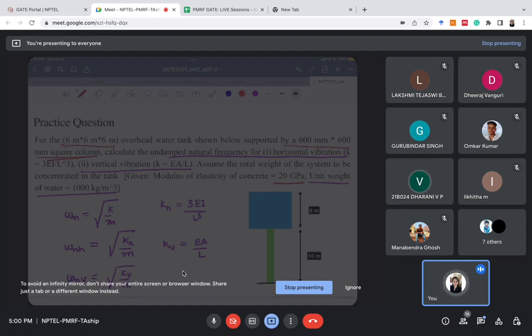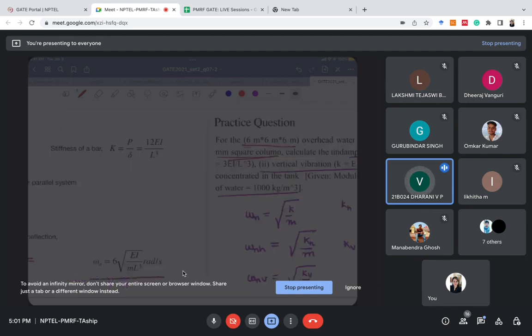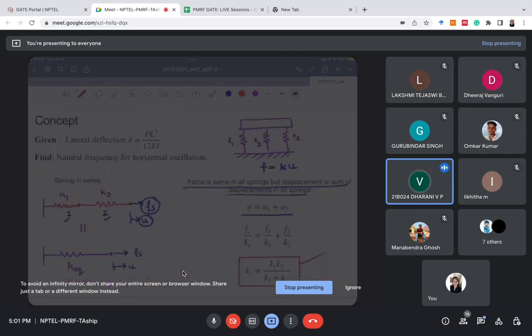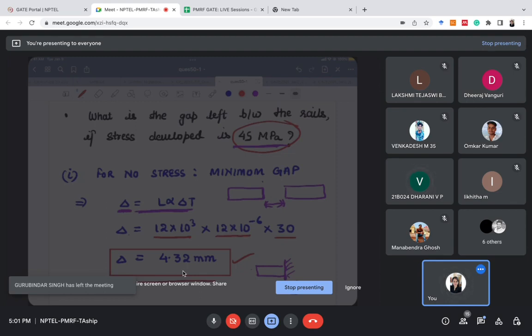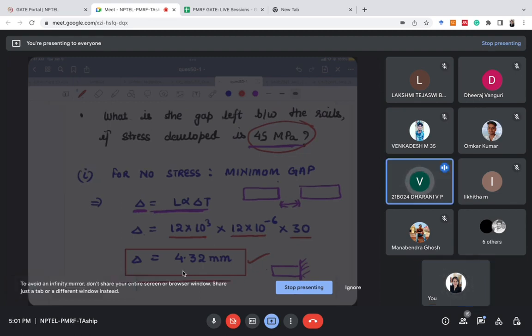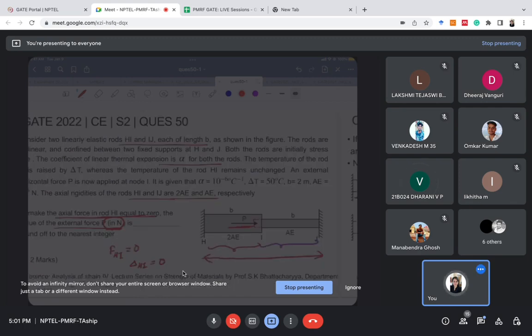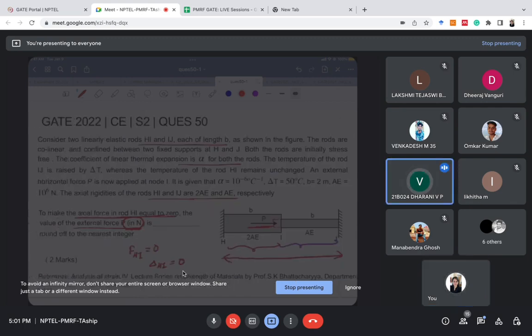I hope it is clear, right? Ma'am, yes. I have one small doubt, ma'am. In the first GATE question that was discussed, in the temperature stresses GATE question, ma'am. Okay, got it. This one. Not in practice, the GATE problem. Yes. Yes, ma'am. While solving it,